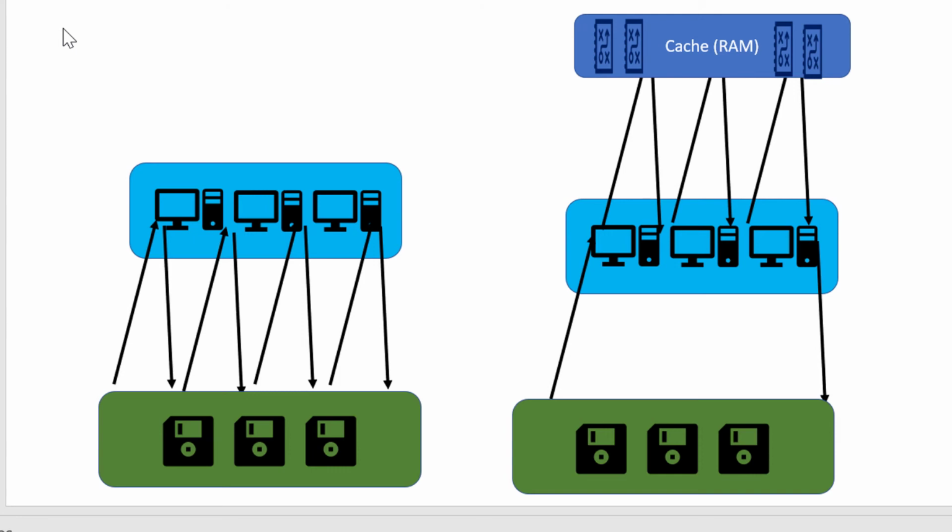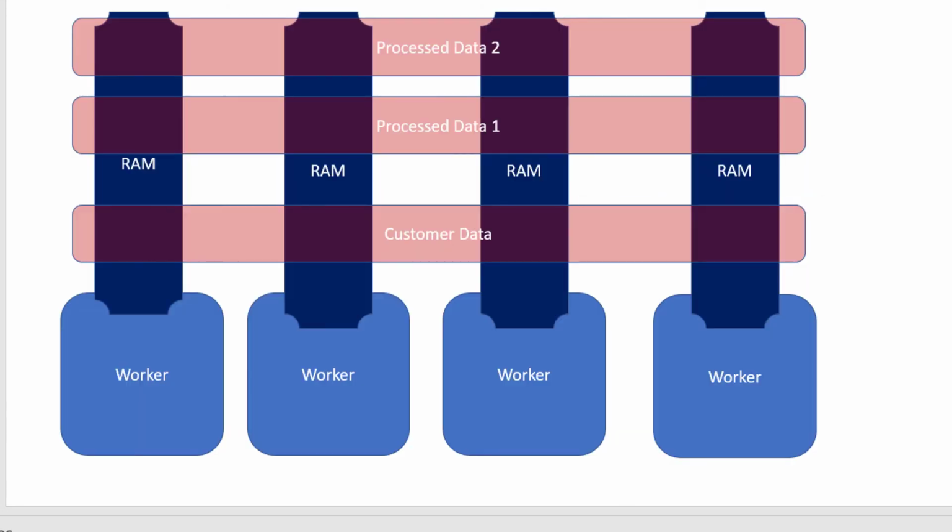and read the result from the cache and do the processing again. Maintaining a cache in a single system is fine, we can handle it by having the data in the RAM. But if the data is very huge, we cannot cache the entire data in the RAM. That's where there was a need for distributed in-memory computing, and that's where Apache Spark comes into the picture. Apache Spark maintains the data set, or a collection of any data, across multiple machines in the RAM, and the processing can happen in individual systems and keep the result back in the memory.